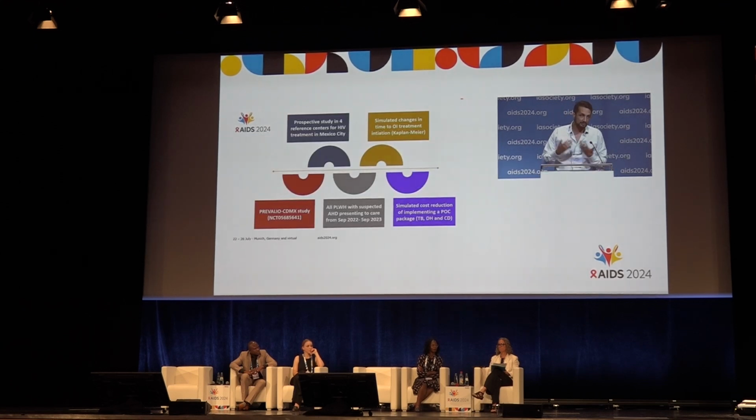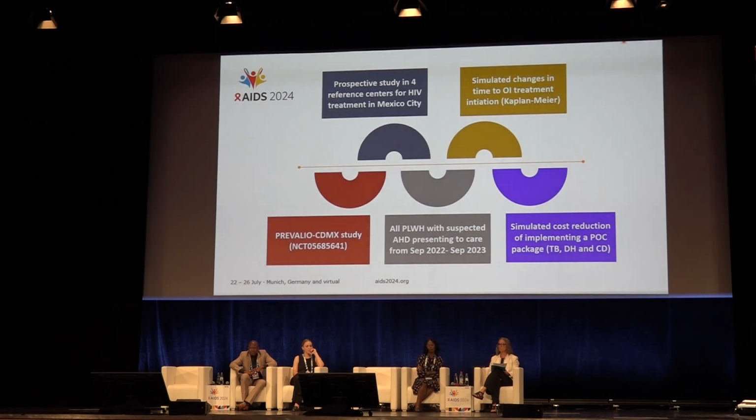So what we're trying to do in Mexico is start a prospective trial in 4 reference centers in Mexico City, in which we are going to be universally screening for TB, crypto, and histo with point-of-care tests. We haven't gotten around to doing that part, but as part of the study, we did a really big retrospective data capture, and we included all of the people that presented to care from September 2022 to September 2023, and we ran a simulation to see how many resources we could have saved by applying